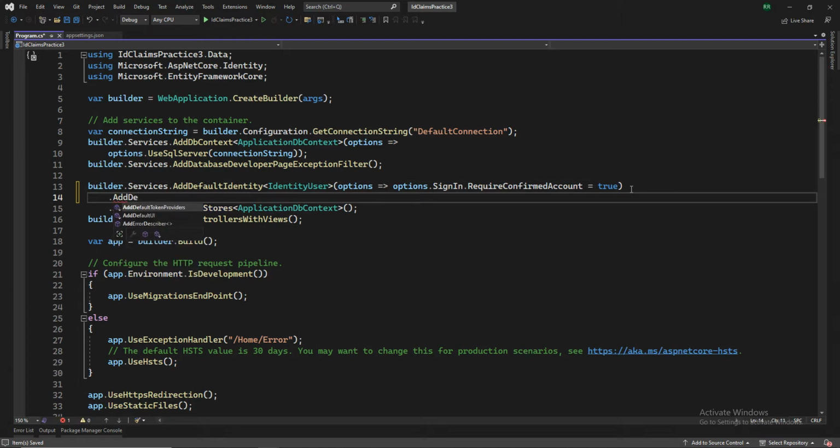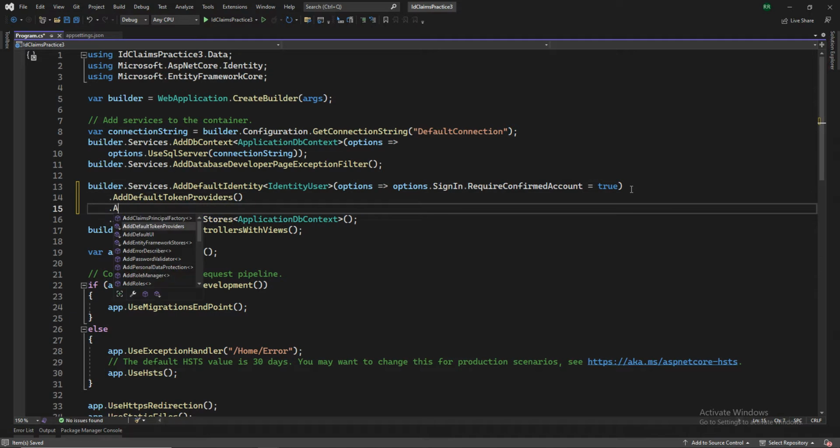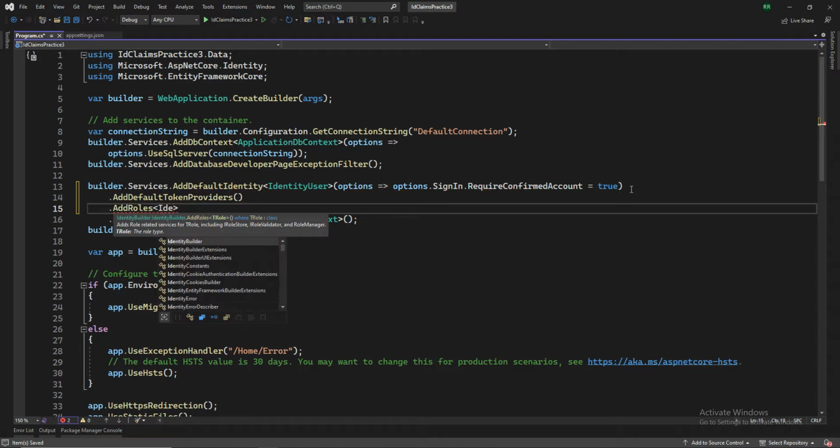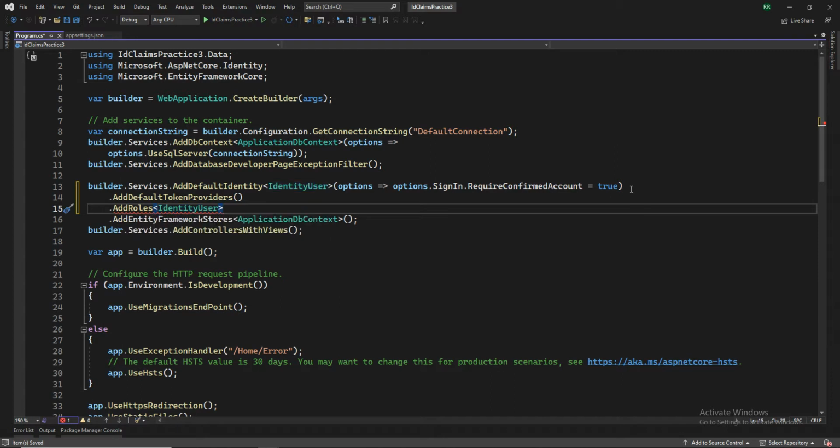Dot add default token providers, then dot add roles in between identity user. Okay, so that's all in our